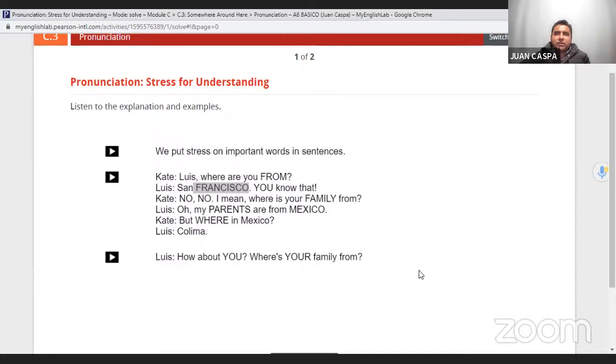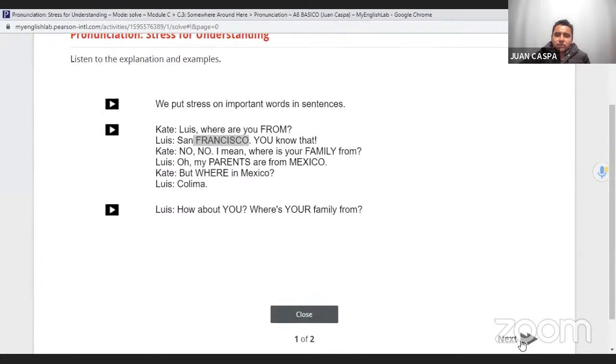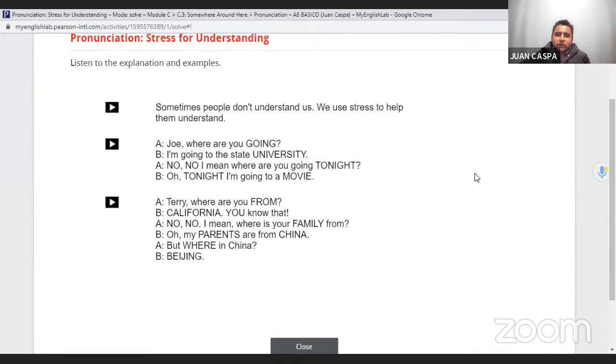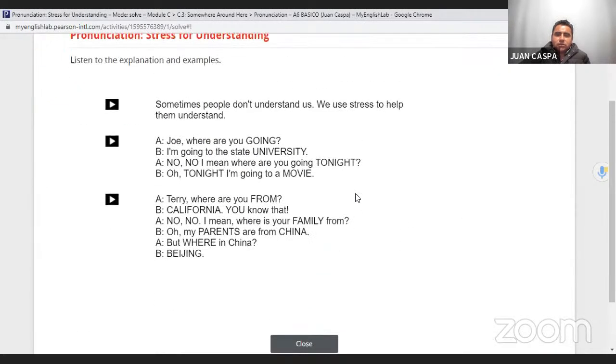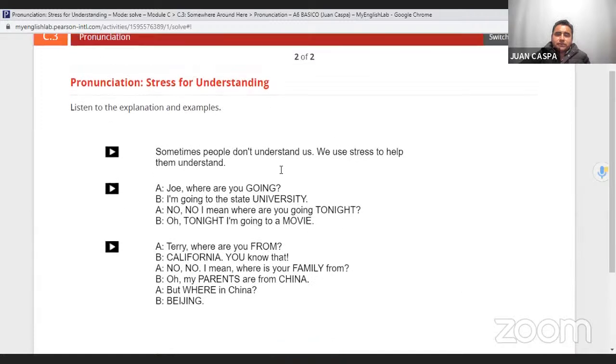Yeah, it's very different, right? That's why in English it is very important, because it could have different meanings depending on the intonation. That's why if you want to ask something, try to highlight the most important words, and with that, using the highlighted words correctly, you will be easy to understand. Okay. Sometimes people don't understand us. We use stress to help them understand. For example,